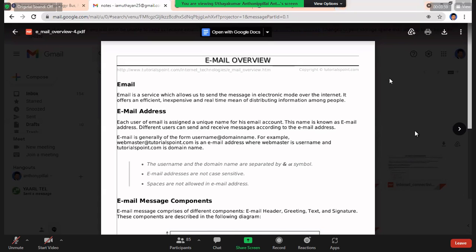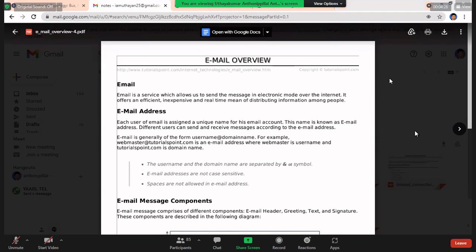I think 90% or 95% of the students know this, but anyhow we want to talk about the remaining students, right? Each and every one has to understand. For example, webmaster@tutorialpoint.com is an email address where webmaster is the username and tutorialpoint.com is the domain name, right?